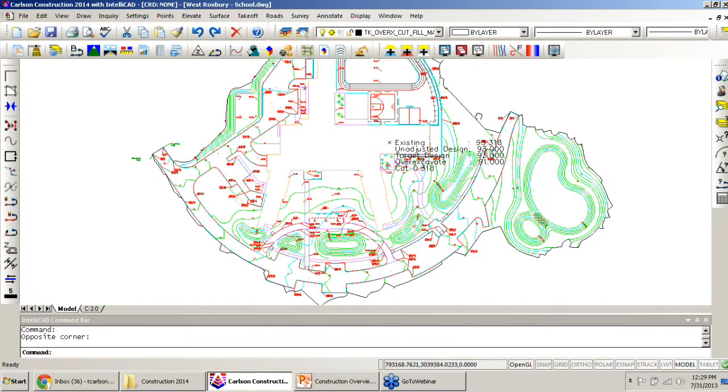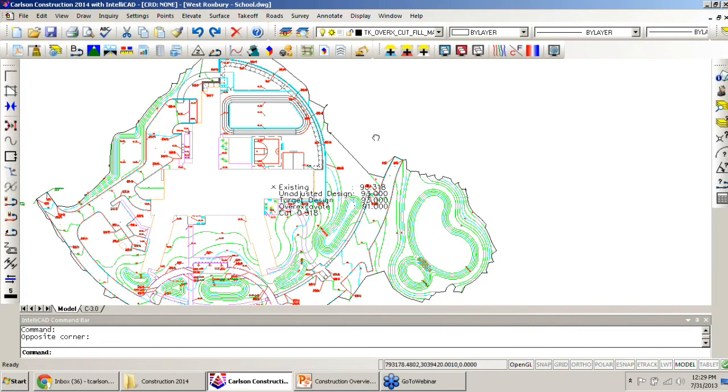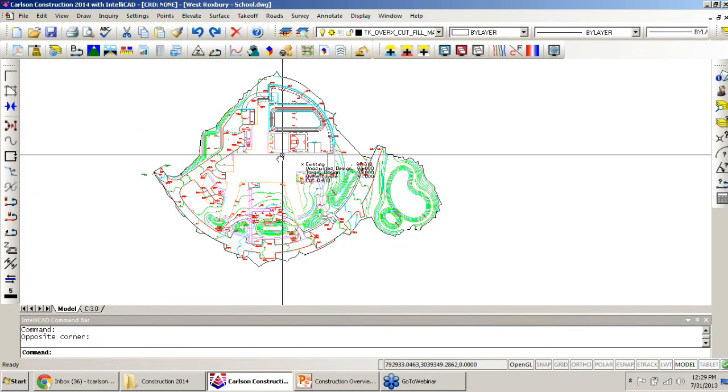So that's some of the basics of over excavation. You can look at doing subgrades now, but feel free to ask any questions in the chat there. I'm happy to answer them. Okay, so